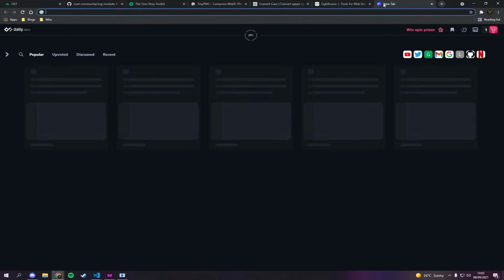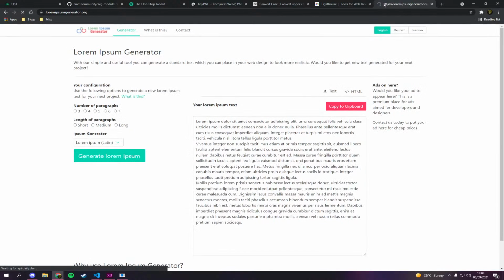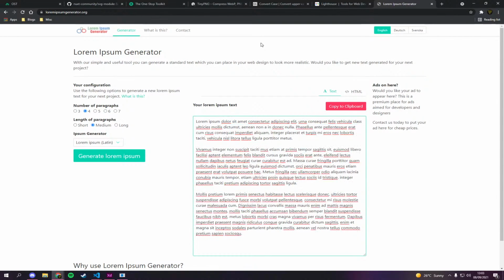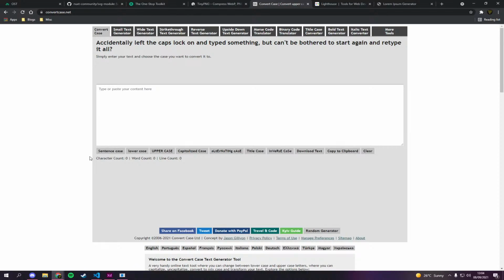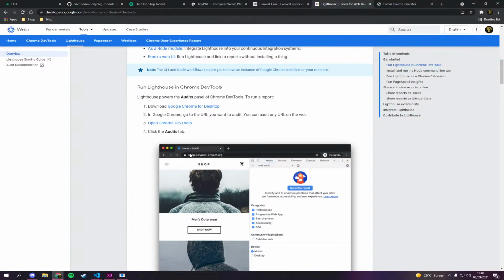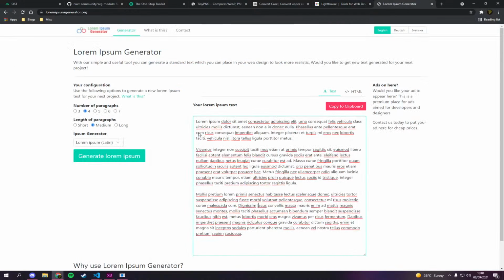I also have lorem ipsum generators, so when you're a developer you have a lot of tools open, and we thought we want one place with all these tools. Imagine one place where you can convert your PNGs, convert your text, even get character counts. If you're working on a Twitter thread, I might even have a specific Twitter thread feature that breaks it down into separate posts for you. You've got Lighthouse pretty much built in, a lorem ipsum generator built in, all in one place, so you don't have to go anywhere. So I hope that is where it's at.